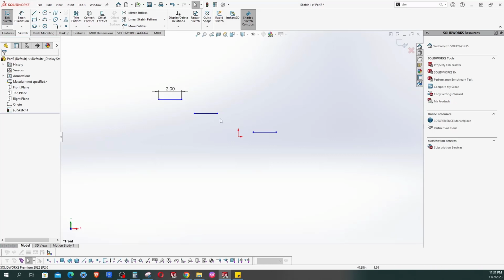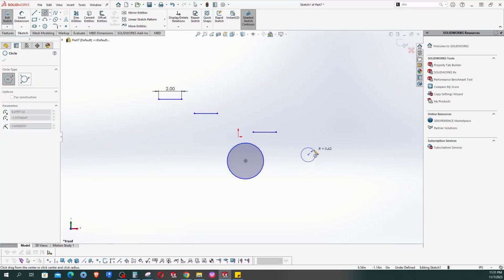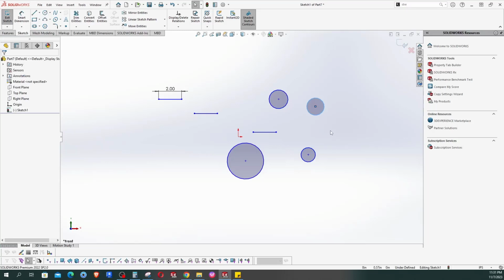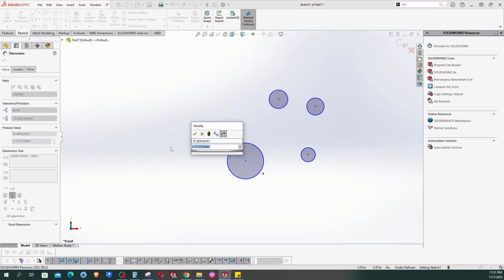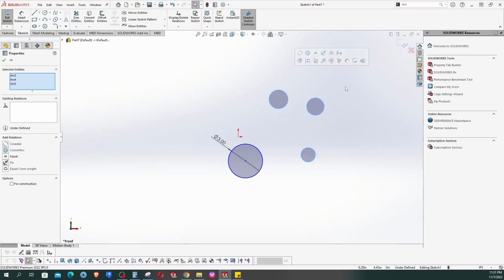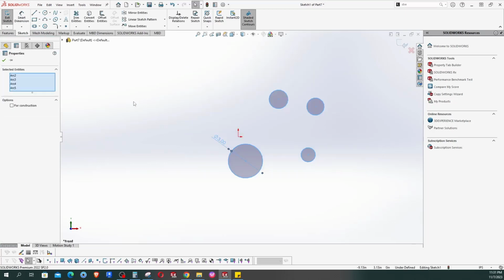Or you can apply this also to an arc or, for example, a circle. If you have two or more arcs, you can also add an equal relation between them. So if you want this to be maybe 3-inch, and you want all of these to become 3-inch also, you just have to select all of them